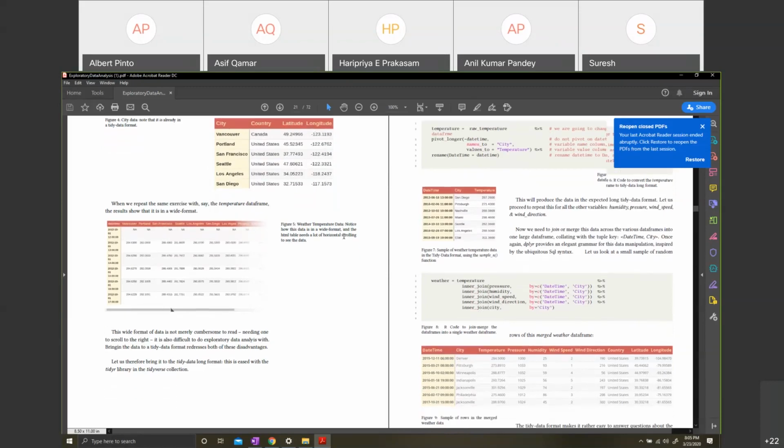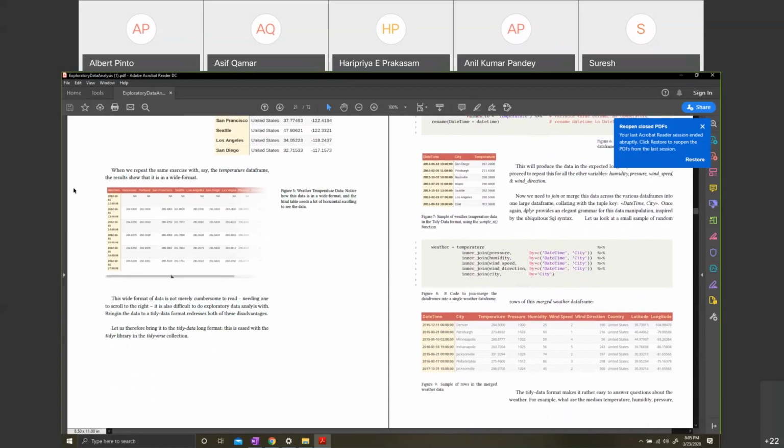In contrast, if you look at the temperature data, then you get a bit of a surprise. What you see is that on a given day, you are getting these cities in columns. And in each column, you are getting a value, which is the temperature on that day. Now, if you're alarmed by 284, it is in kelvins. To make it centigrade, just subtract 273, and then it will become centigrade. And then, of course, you can convert it to Fahrenheit. Might be a good exercise to do that. But most scientific data is in Kelvin.